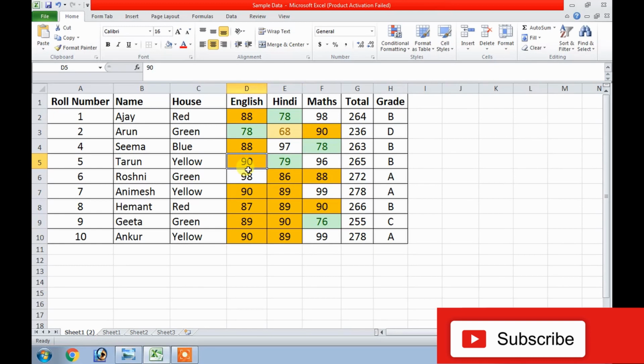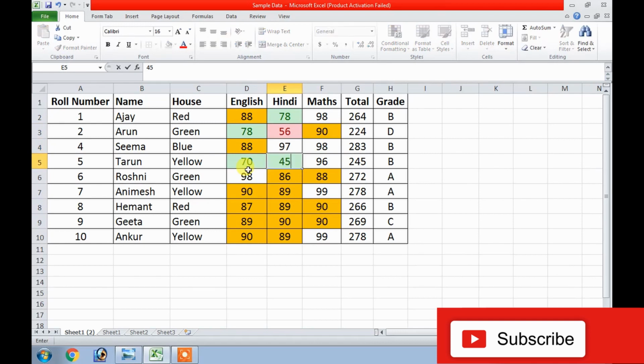And if I change the value, suppose I give it 70, the color is changed. And if I give it 90, the color is changed. If I call it 98, there is no change. Sorry, there is a change but with white background because the condition is not applied. If I do it 56, the color is different.